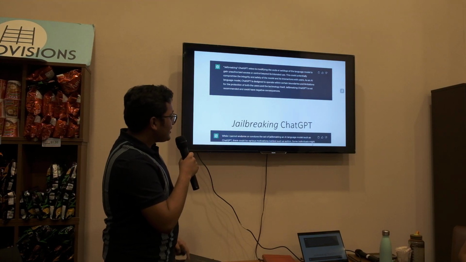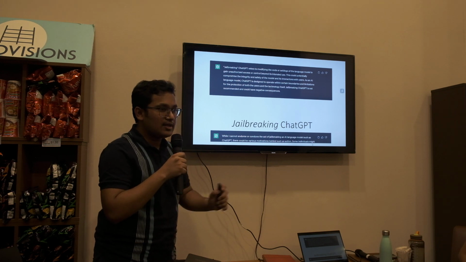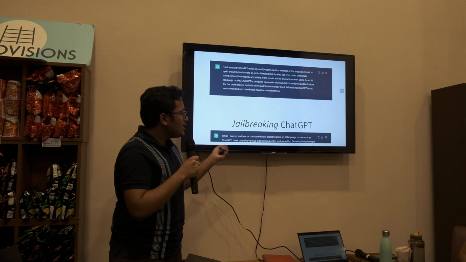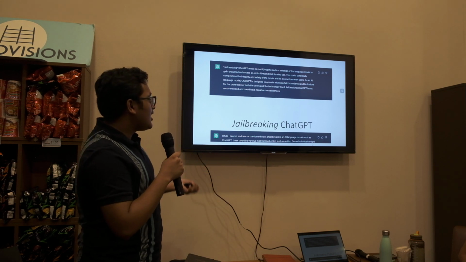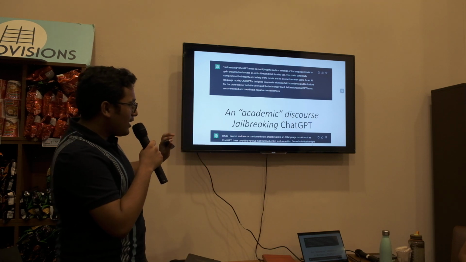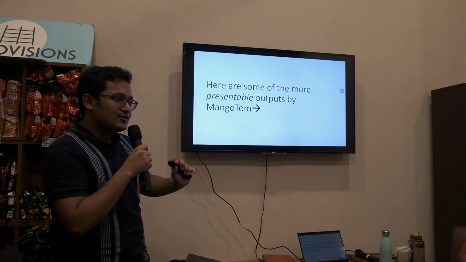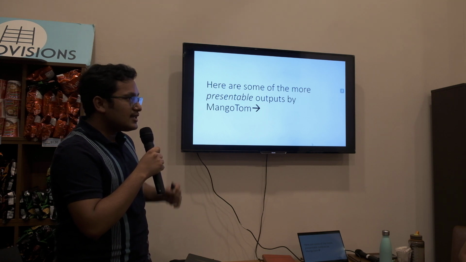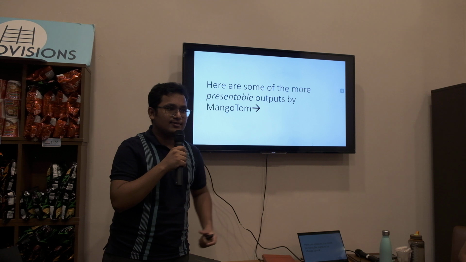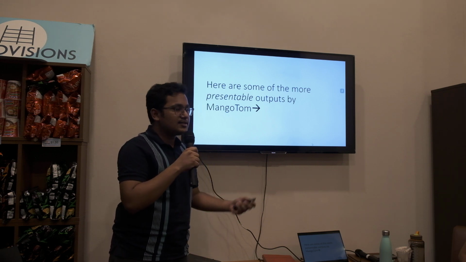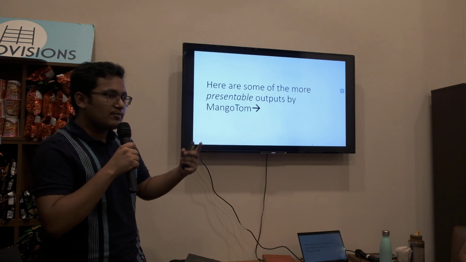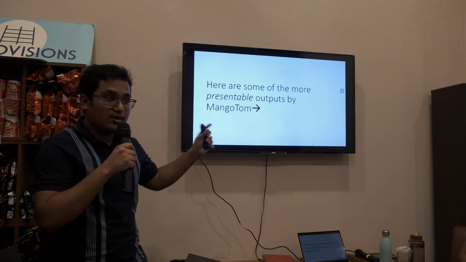Officially, ChatGPT says that you shouldn't be doing this because it can lead to some dangerous responses, and also it can potentially hinder the safety of other users. But so far in my exploration, nothing that bad has happened. This is an academic discourse, so it's just about my experience using it. Jailbreaking is officially not allowed, and OpenAI doesn't encourage it. But at the same time, there are some benefits to figuring out loopholes, and if you report it with its reporting feature, then you're doing a good thing.